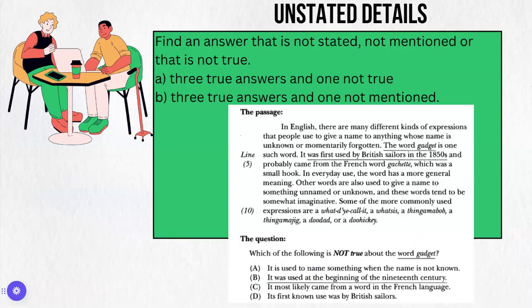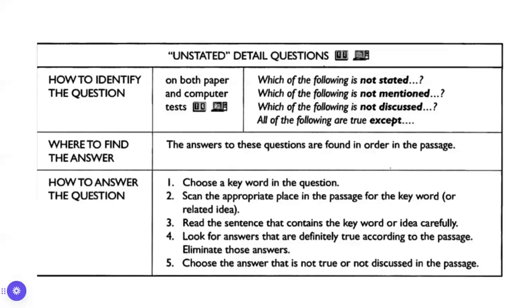So we pretty much have to do the opposite of what I do in the other types of questions. I will have to verify which of the answers are true and choose the one that is not true or not mentioned. How can I identify these questions? They will ask you something like, which of the following is not stated? Which of the following is not mentioned? Which of the following is not discussed? Or all of the following are true except,